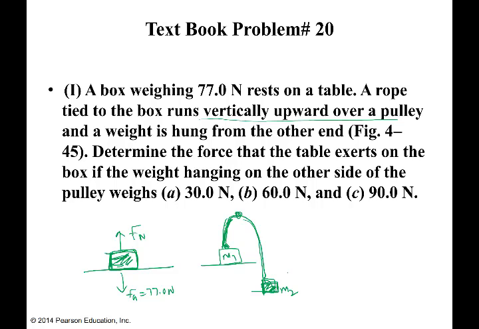Basically, you have to find out what is that weight, that is the normal force, Fn, when you apply 30 Newtons, when you apply 60 Newtons, when you apply 90 Newtons. And by the way, 77 Newtons is the weight of block number 1. So unless and until you apply a weight greater than 77 Newtons, it's not going to get lifted from the surface. So normal force, Fn, ceases to exist